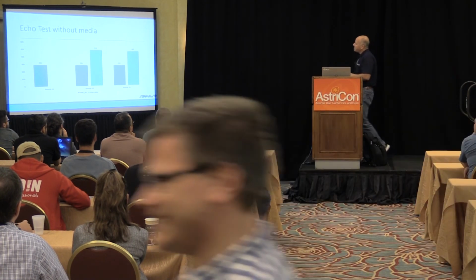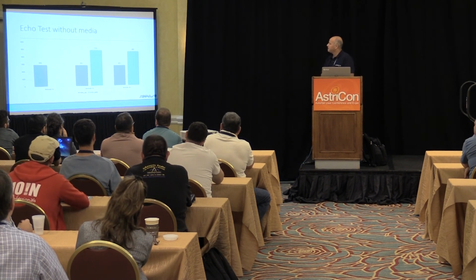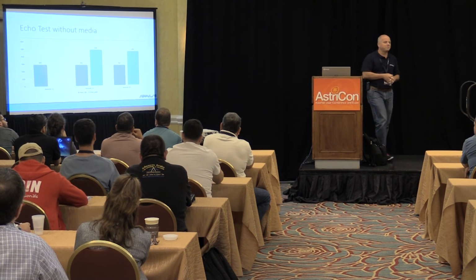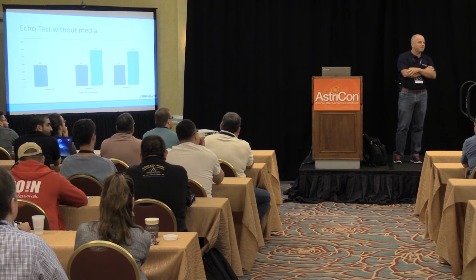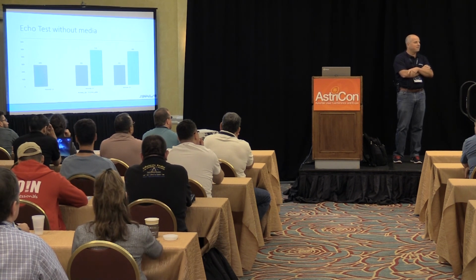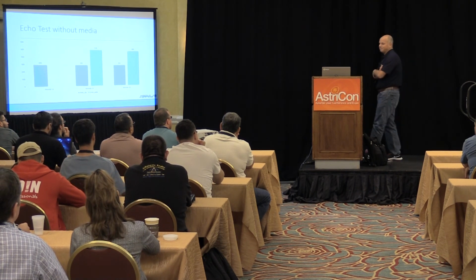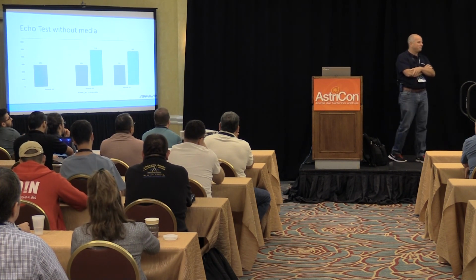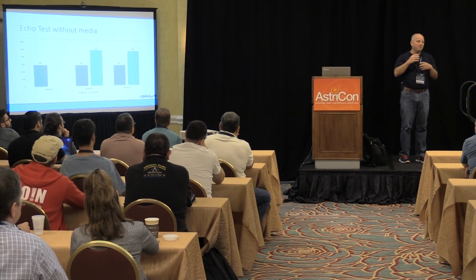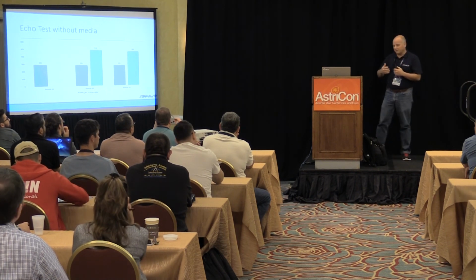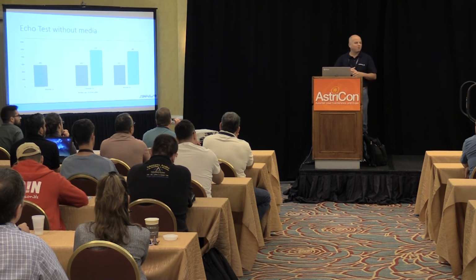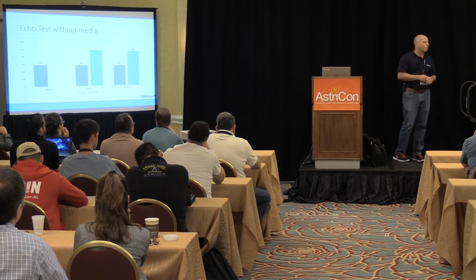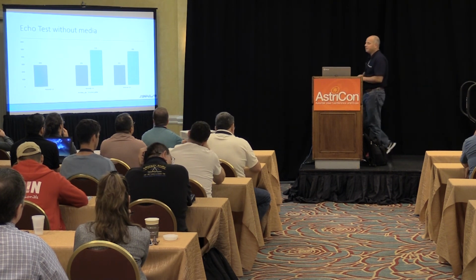Then we tested with pjsip, and we got 510 calls per second with pjsip and Asterisk 13, and 500 on Asterisk 15. So pjsip is actually faster than SIPP as a SIPP stack. But there's a catch. It consumes a little more CPU than SIPP. It uses more resources than SIPP and gives you more calls per second than SIPP.